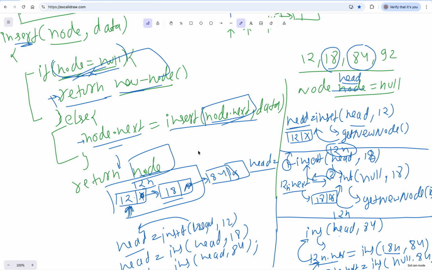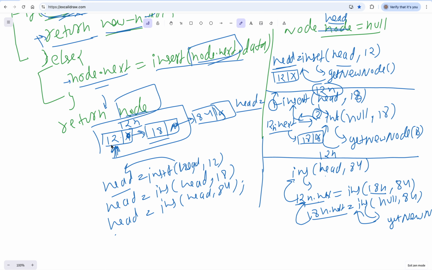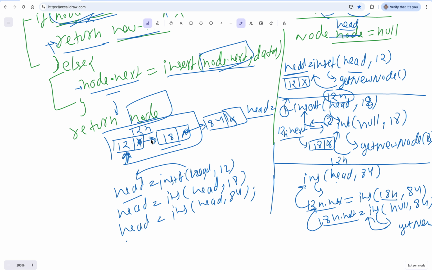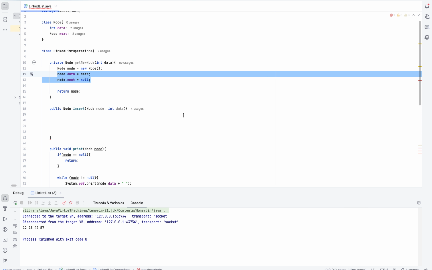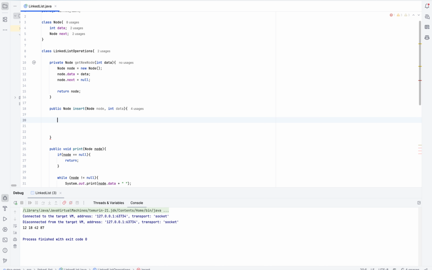So what does it mean? At each and every point of time you are passing this linked list to this particular function, and until it is null it is traversing one, then second, then third, wherever it is finding the null it is inserting the data. So let me show you by code how this exactly works. Okay, so I have created this insert function. In the last tutorial we just inserted the data iteratively. In this one we'll be doing it recursively.